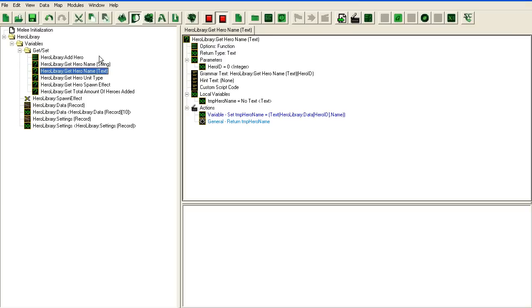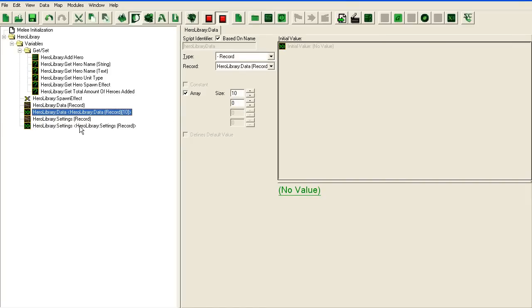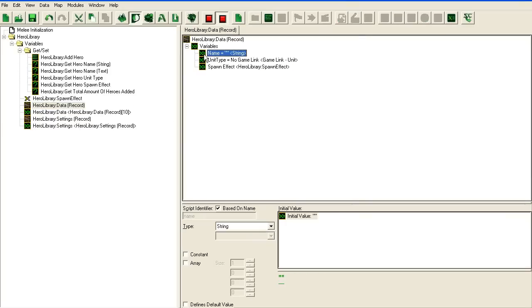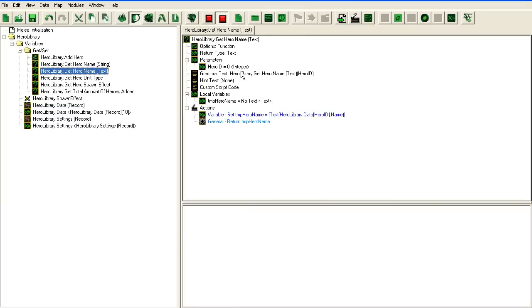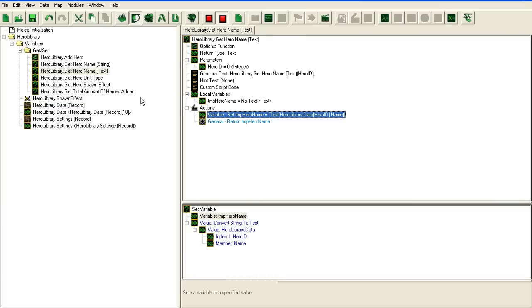You would have to go and, let me start over. I'm confusing myself, sorry. Let's say you didn't use any get-set functions. In every system you had, you just accessed this data record directly, and you pulled out the name and converted it to text, and then suddenly you decide you want to add color. Now this is a string, so if you then were going to convert it to text everywhere, you can't just make this text here and add the color. You would have to go in every location you used it and edit it and change it and add the color. However, since we did this return as text here, if I want to add color to this hero name,